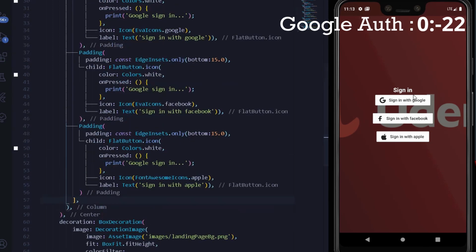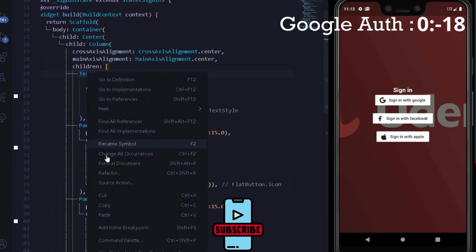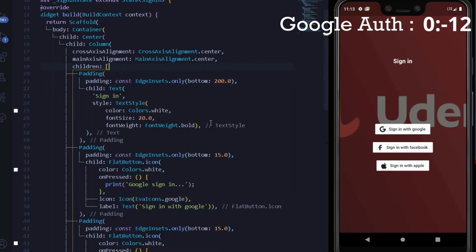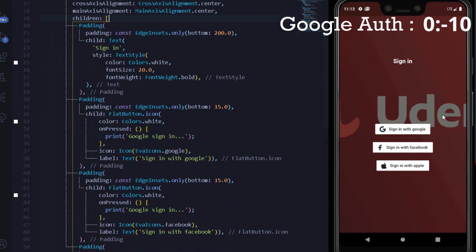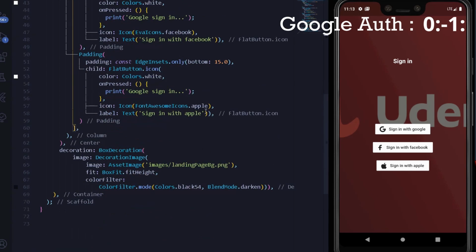So we can do one thing, that is give some padding to our text. So here I will simply give it a padding from bottom. Alright, so we have all of our options up and ready. Now it may look ugly for now, but no worries, we will fix it later. So here we will have all our options as well as a sign-in screen, but we can do one thing, that is also add a text here for creating a new account. So let's do that.